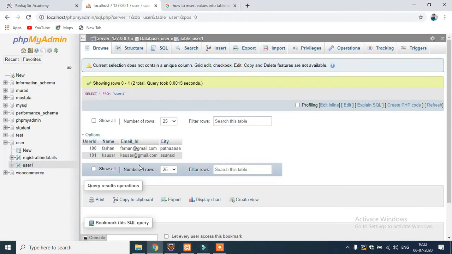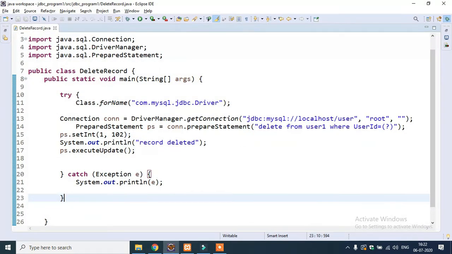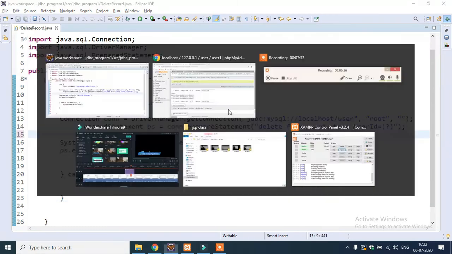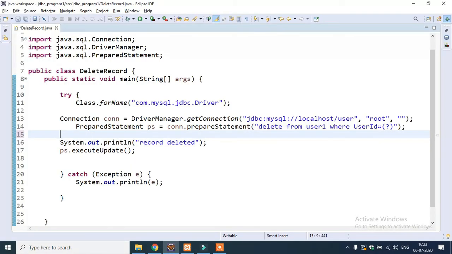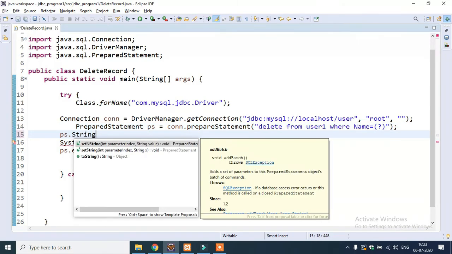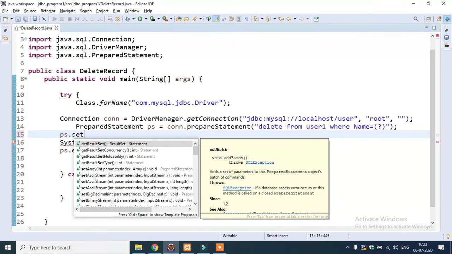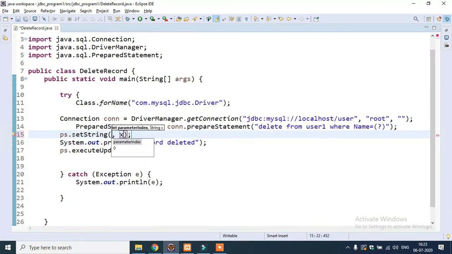Again, guys, what I will do is remove this particular record with the name cursor. I will remove this particular record based on name. For that, remove this, and right here I want to remove this name. Then instead of writing user ID, let's write name. Write here ps.setString 1, and here write the name cursor.